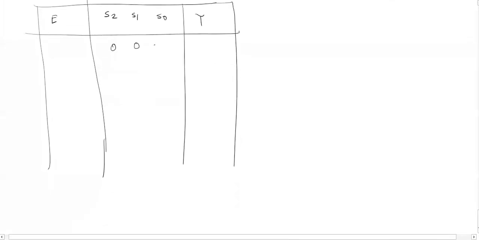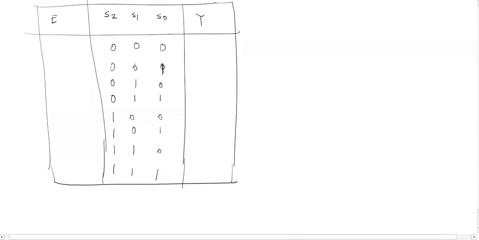Now 0, 0, 0 to 1, 1, 1. Enable signal is 1.